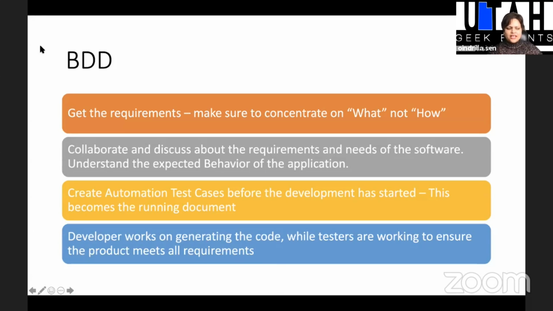So very simply, if I have to say what are the steps that we follow in BDD, step one would be, of course, first get the requirements. Now here, the first step is something which is extremely important. Here we need to concentrate on what it is that we are trying to accomplish. The what is extremely important. Now, if I have to go on with the example of the washing machine, the what here is cleaning the clothes,